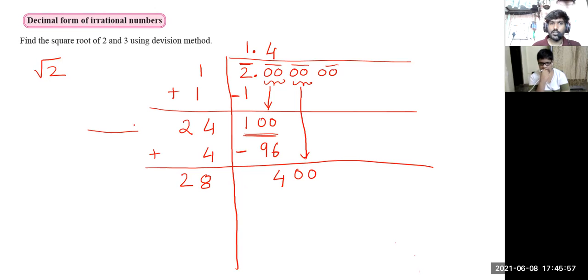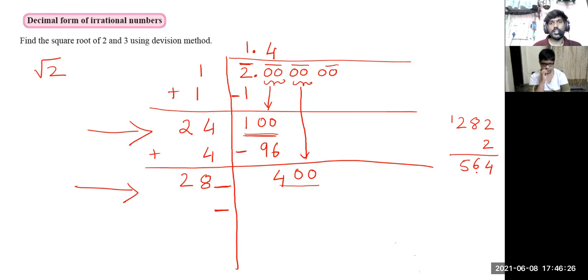Now can you tell me, same logic. What logic did we use here? Same logic you have to use here. So here you have to put such a number that after multiplying it with that same number, you should either get 400 or a number close to 400. Let's try with 2. If I put 2, you have to multiply it with 2 itself. So this will be 4. 2 8s are 16. 1 carried here. 2 2s are 4 plus 1, 5. So what are we getting? 564. Can I take 2? It is greater, so can I take 2? So what to take then?